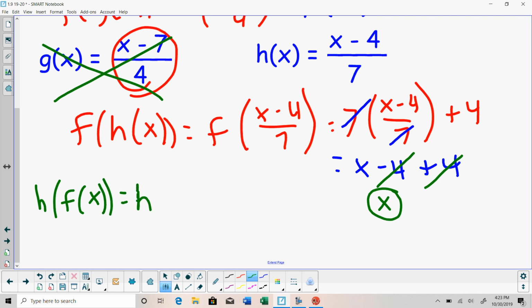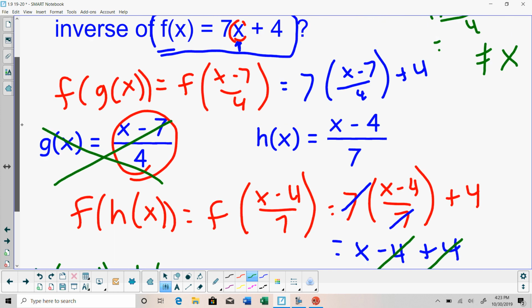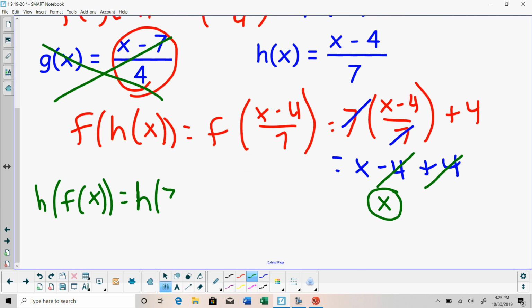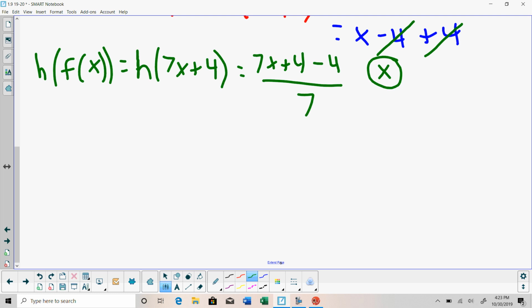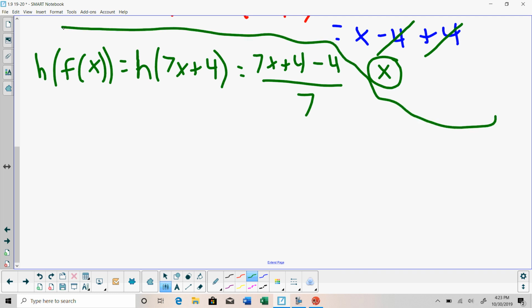That would be h of, what was our f function? It was 7x plus 4. And now I'm going to plug in 7x plus 4 right here for this x in my h of x function. So I'm going to have 7x plus 4 minus this 4 over 7. Again, I need to show step by step how I can simplify this. All right, and so in this case, I would subtract off the 4's first. I'm left with 7x over 7, and now I can divide out the 7's, and I am indeed left with